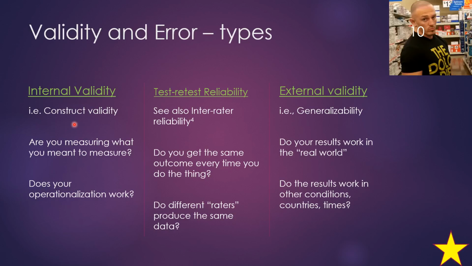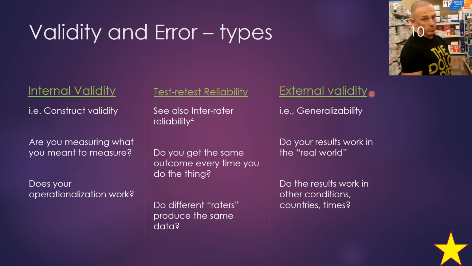Okay, another type of validity, we're going to skip over here to the right, is external validity. External validity is all about how well your ideas work in the real world. And so in an externally valid study, whatever way you measure something is going to make sense in the real world. Say, for example,